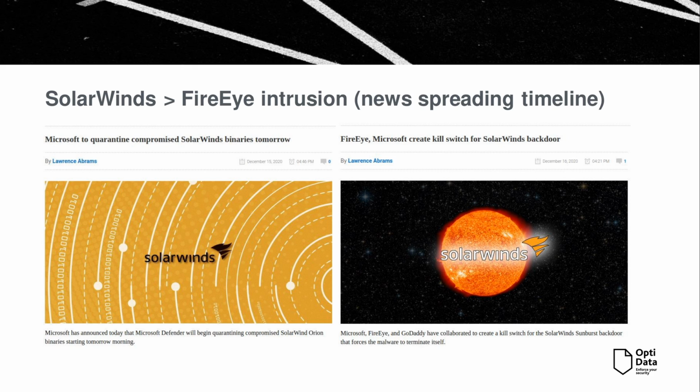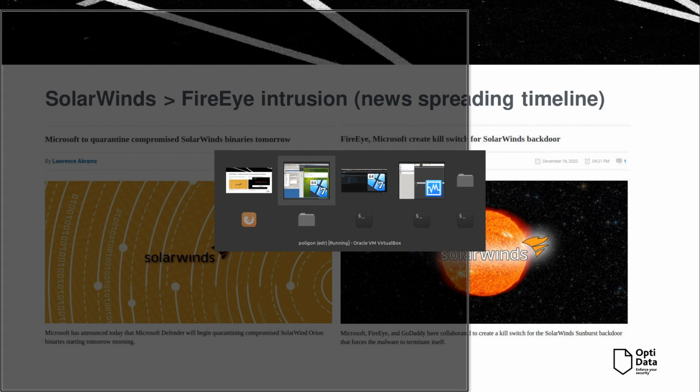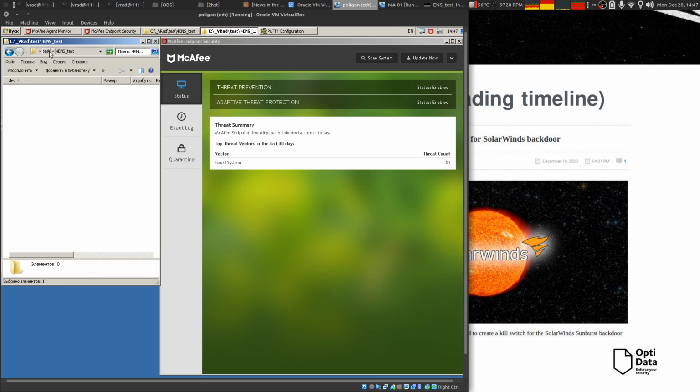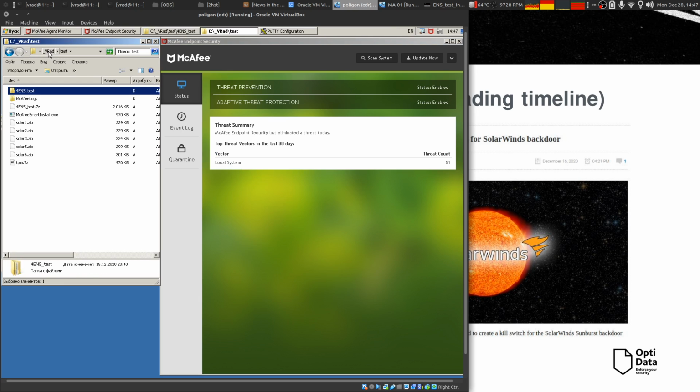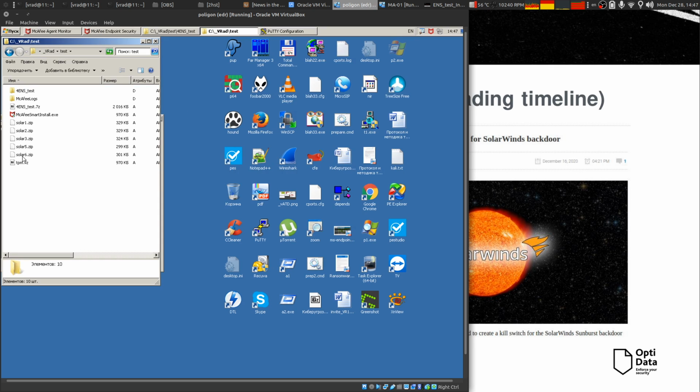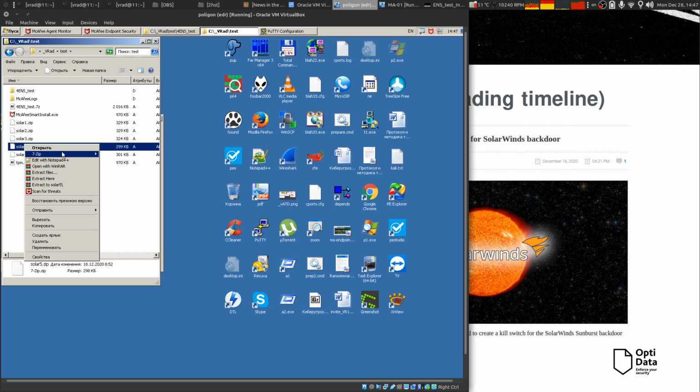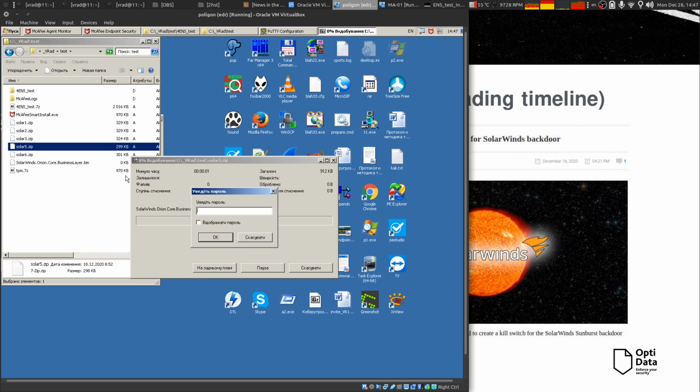After a couple of days, Microsoft decided to quarantine suspected binaries, so files which were detected by this attack. Sorry, I forgot to start a couple of SolarWinds files to show you the insights. I will come back to the slides in a minute, but first I have on my test environment